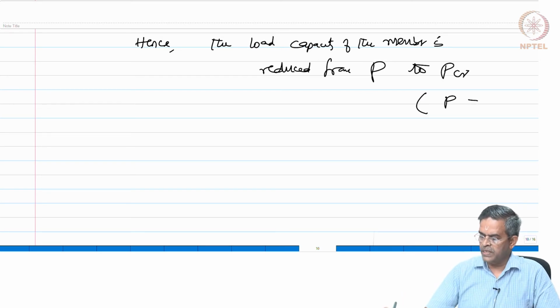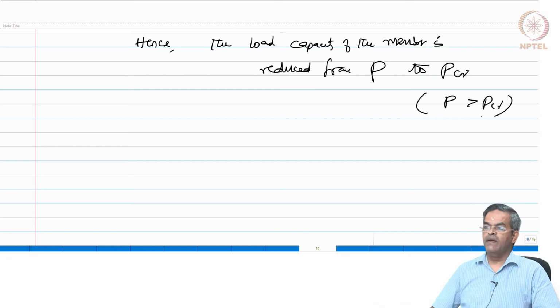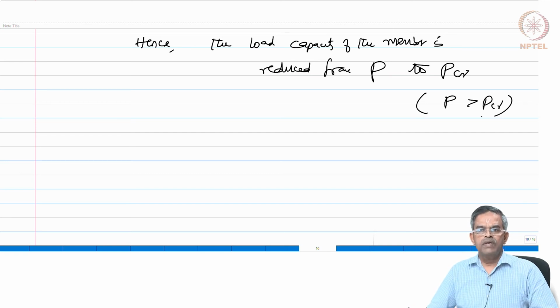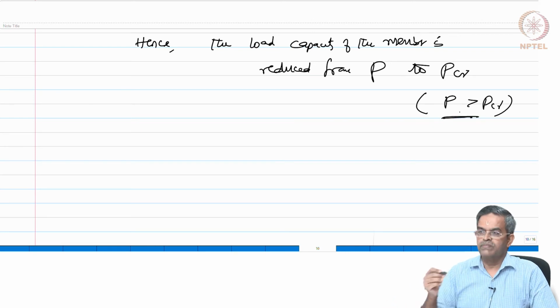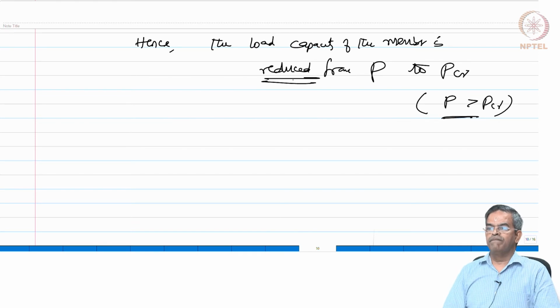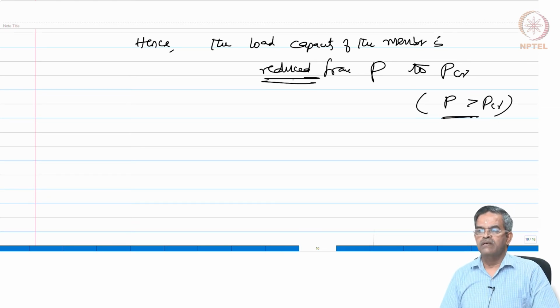So, the condition is P exceeds PCR, that is the original capacity, but because of the change in geometry, because of the incapability of the member, we arrive at a load which is PCR. There is a reduction in load capacity which is computed using Euler's criteria,